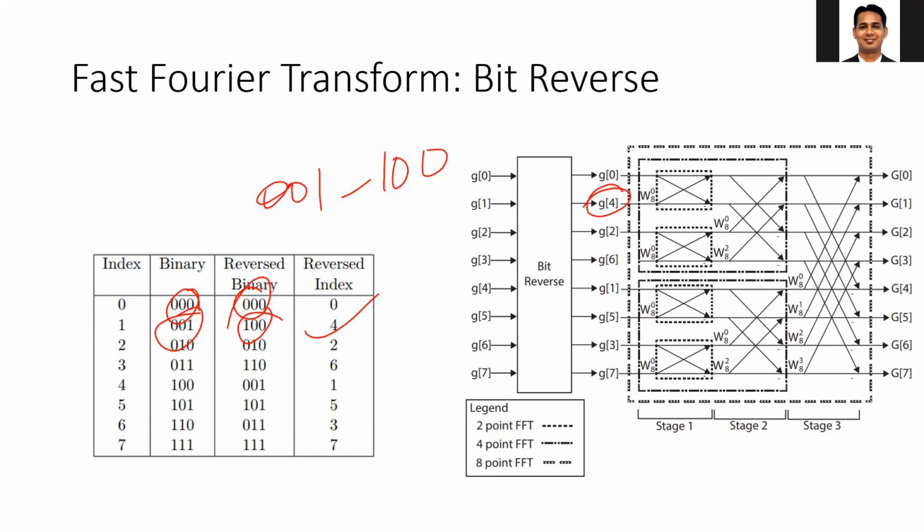Then you need to find out how many stages there are in the FFT. The first stage will always be two-input butterflies. You will have multiple two-input butterflies, and in all of them there will be only one weight. Okay. In the second stage, you will have multiple four-input butterflies, and you will have